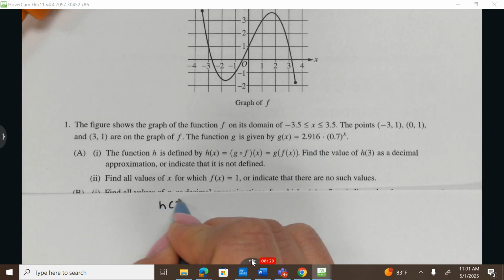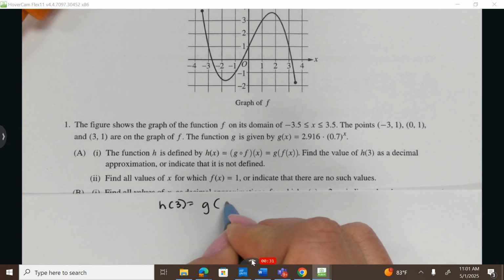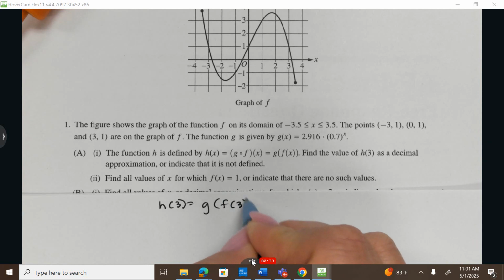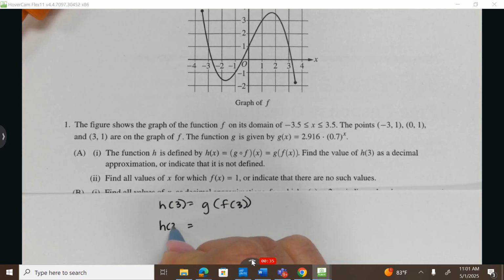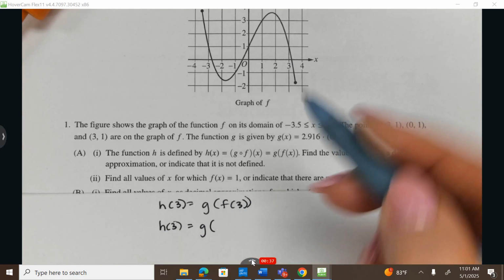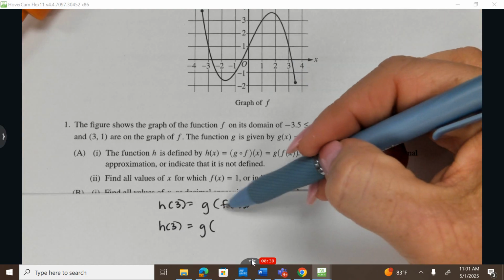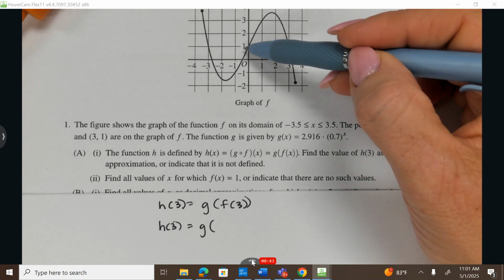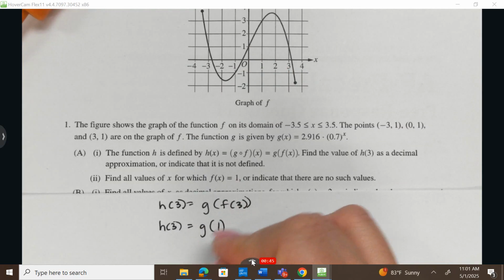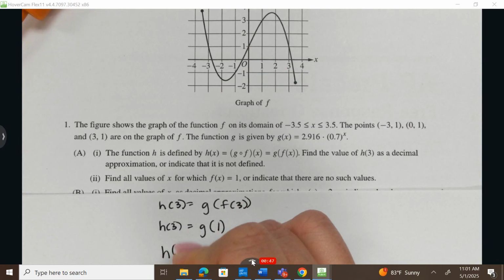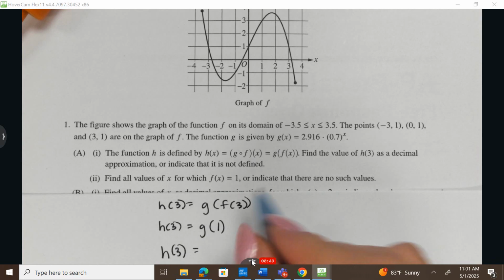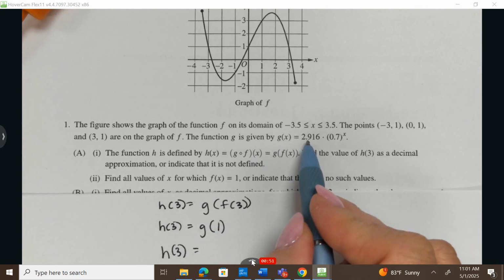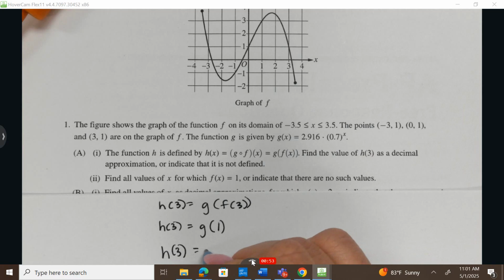So h of 3 is equal to g of f of 3. And now I'm going to come up above. I'm going to locate where x is 3 in function f. I go straight across, and the output value is 1. Okay, I'm going to make sure I show even additional work here. So I'm going to plug 1 into this function,